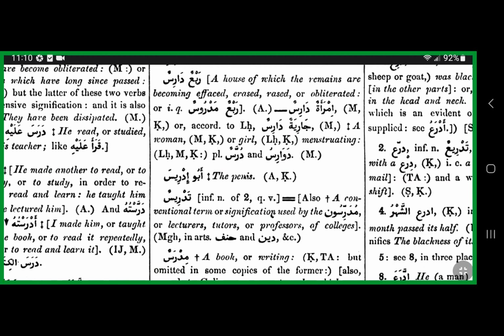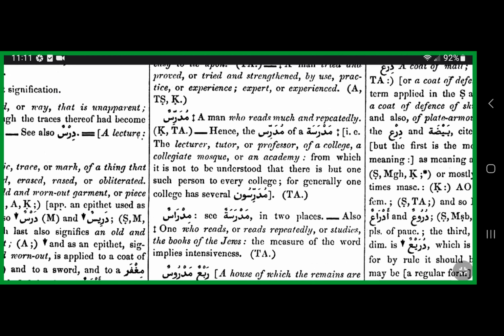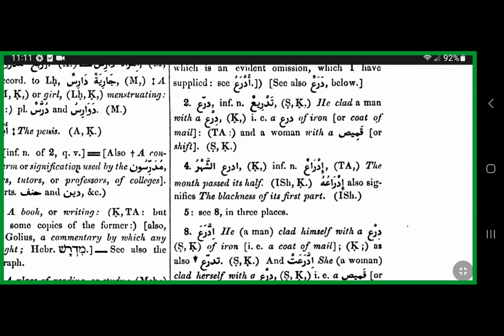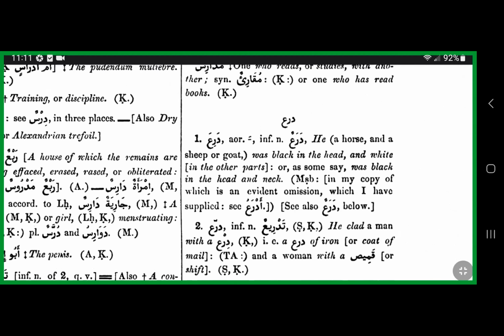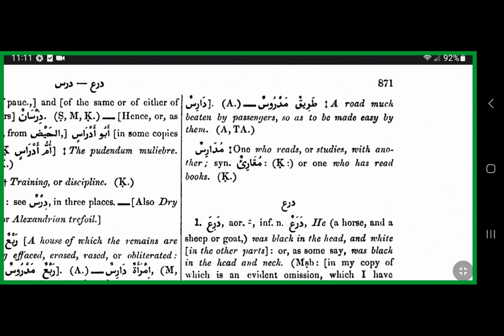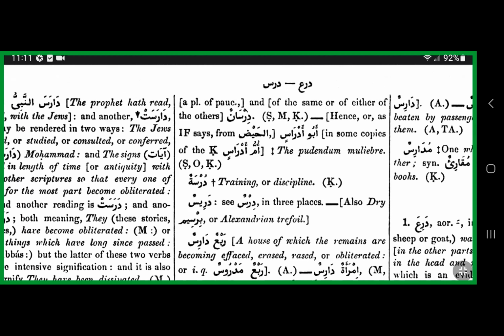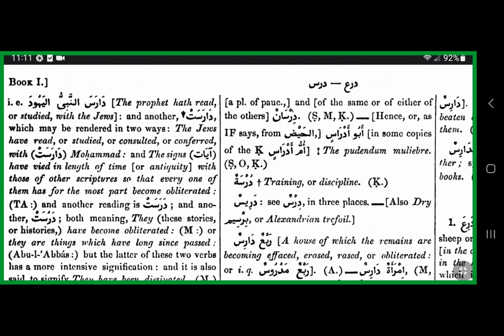Going through all the different noun forms. Okay, that's the end of the term. I don't have an example just off the bat that I can show you, but one more thing that I think causes confusion in Lane's Lexicon is, I don't have an example here to show you, but you may see,